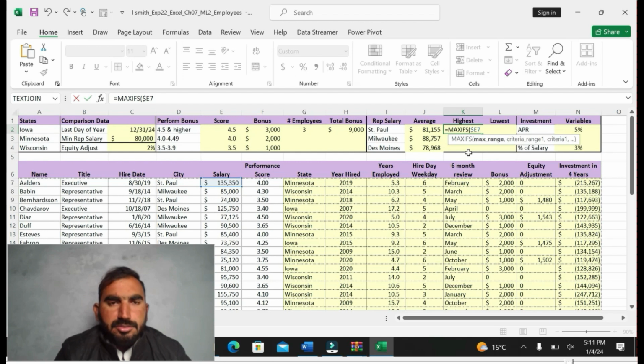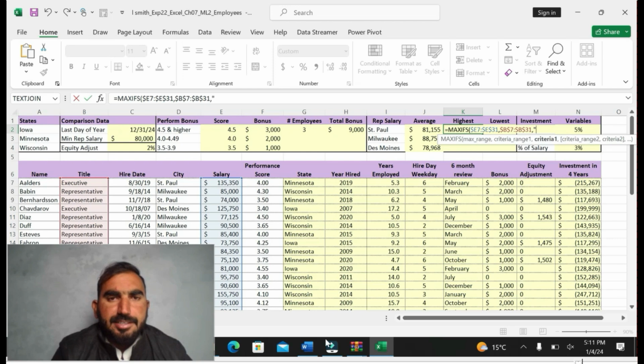E7 column E31, comma, B7, B31, comma, and also apply the absolute cell references to the selected ranges.